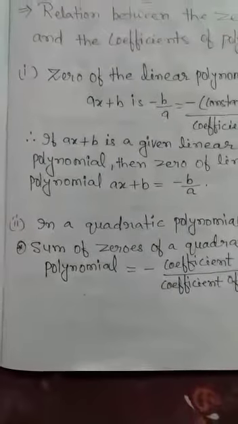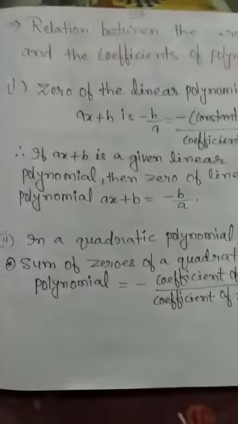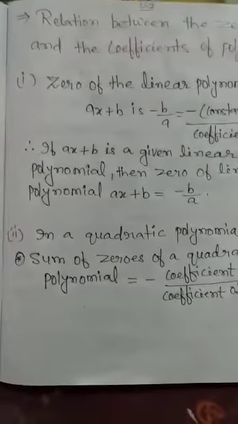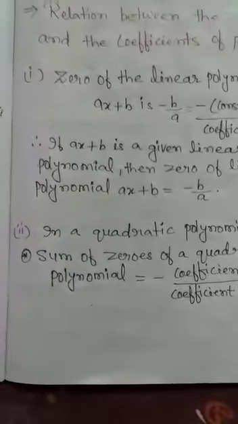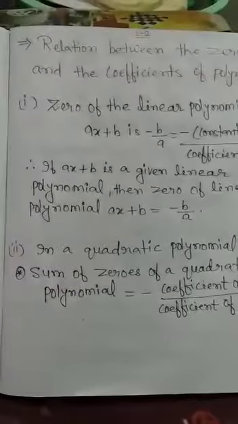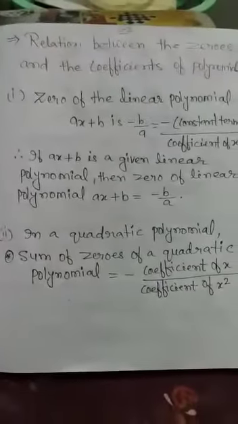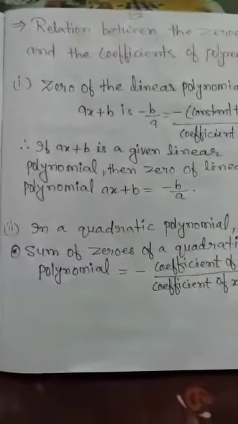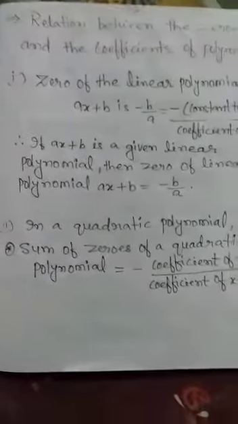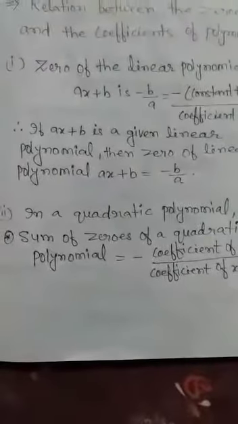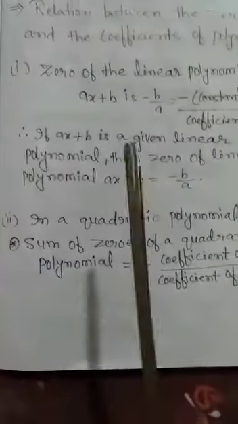अब हम जो चैप्टर पढ़ रहे हैं उसका आगे का पार्ट पढ़ेंगे। Now see, previously we have learned about zero of the linear polynomial and the relation between the zeros and the coefficients of a polynomial. Today in this class we will discuss more about this chapter or this topic. Now see, previously I explained to you that we will write zero of the linear polynomial. So we know about the linear polynomial, degree 1.